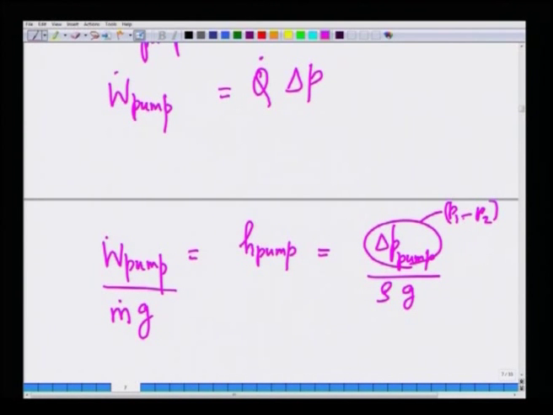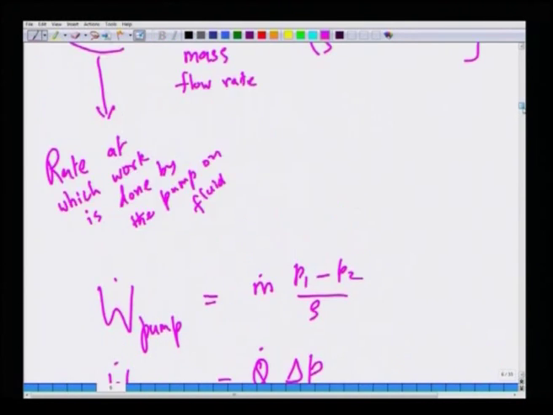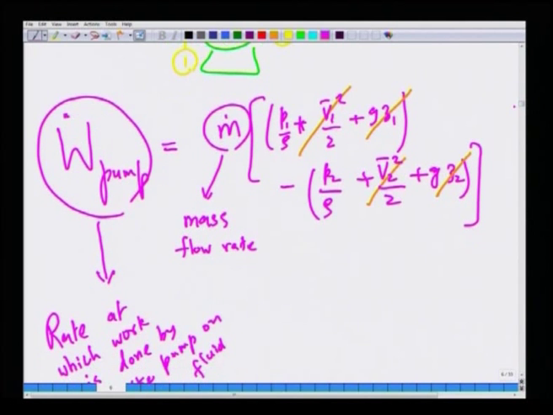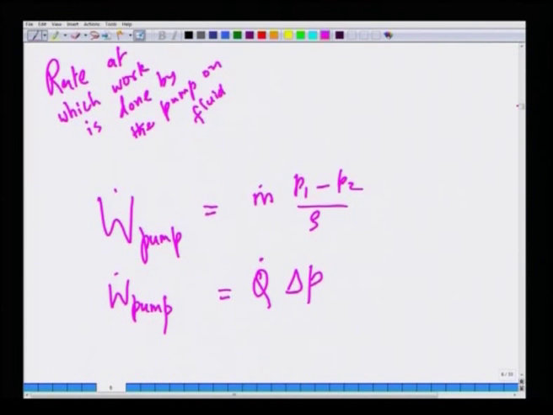Okay. Now, sorry, this one, this is at station 2 minus station 1, I made a mistake. So, this is minus of W pump. Okay. So, this is P2 minus P1, because P2 is greater than P1 in a pump, the pressure at the exit is greater. So, delta P in a pump is defined as, let us, instead of calling it P2